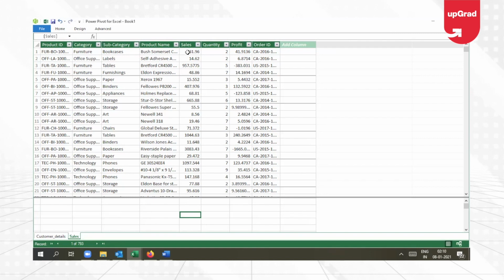Or you can pick 500. 500 would be easier because there are very few. Let me make it easier: how many rows are there where the sales is more than 500? Wherever the row is more than 500, it will automatically pick up that data and give you the count.